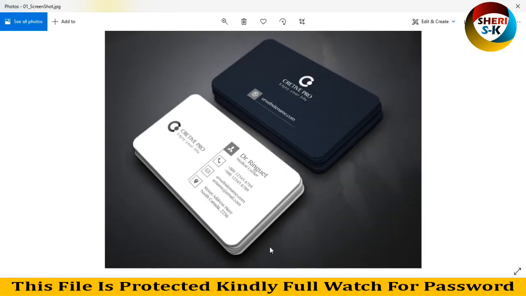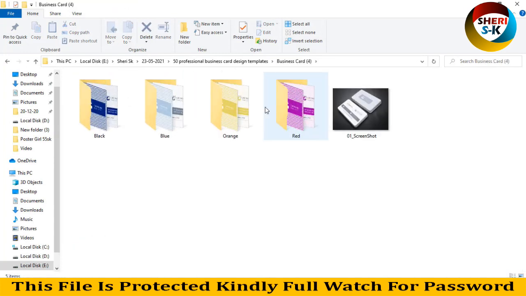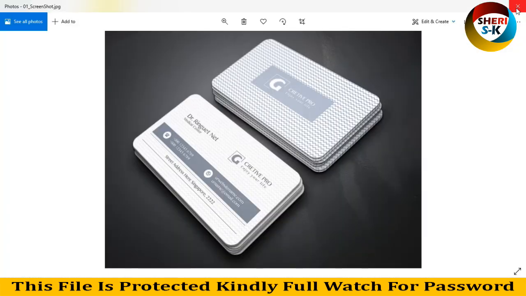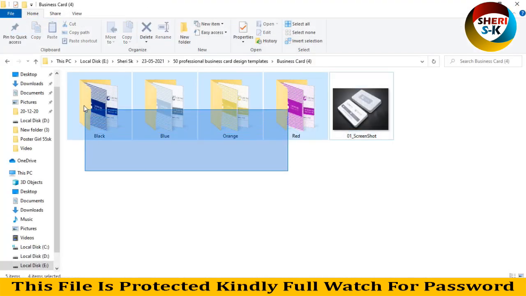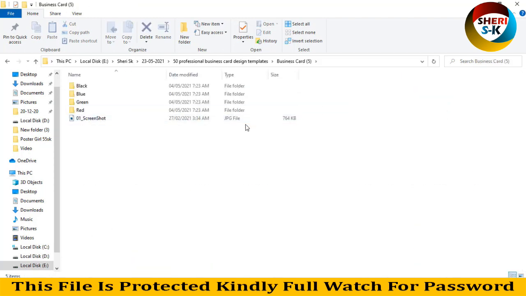Screenshot. Wow, you can write anything. And here is a screenshot. These files come in four different colors: red, orange, blue and black, so you can change them. Here is a business card in four colors,